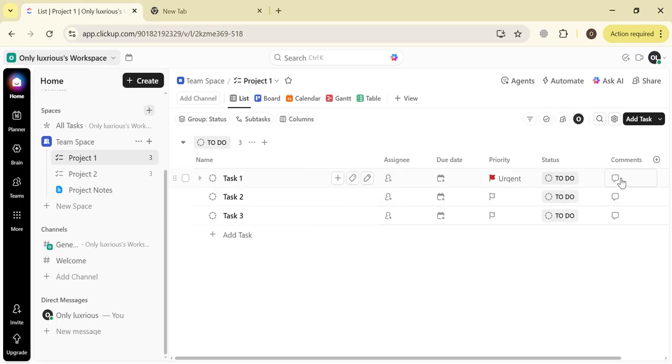When the task is completed they can update their status, and if they have any questions they can add their comments. This is basically the pre-made to do checklist made from the ClickUp AI templates. We don't have to do anything; we just add our task, assign a team, add the due date and priority, and the team will keep updating the status. That's how you get all the details of the to do checklist with the help of ClickUp AI.